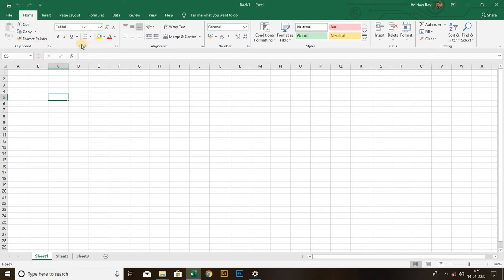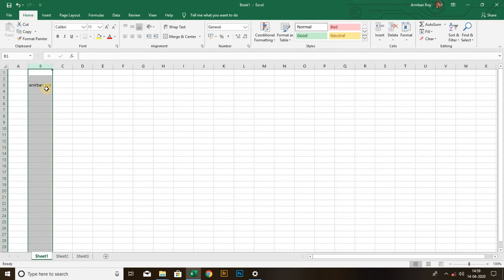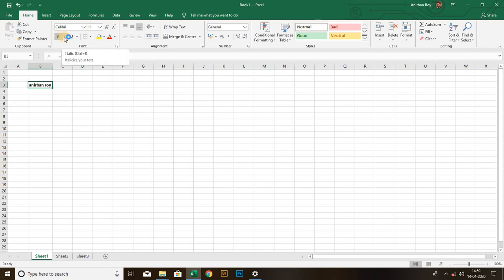On the ribbon of the Home tab, the second group is Font. The Font group is nothing but for formatting the text. For example, suppose let me type my name over here. Now we have selected this cell, and by clicking Bold we can bold it, we can make it italic, we can make it underlined.